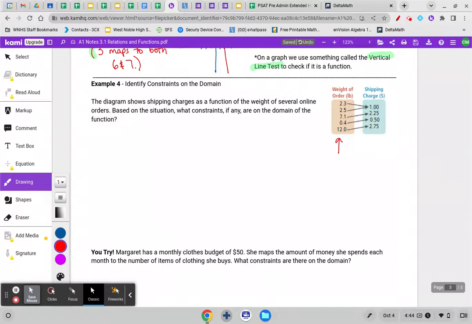A restriction on our domain here is something like you have to have some sort of weight if you're going to send something. You can't just send air without any packaging because the label would still have weight. So an order must have a weight greater than 0